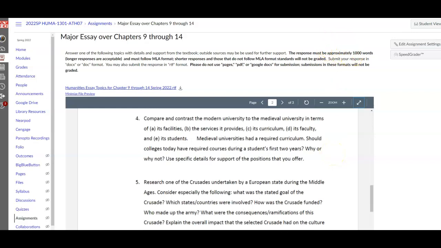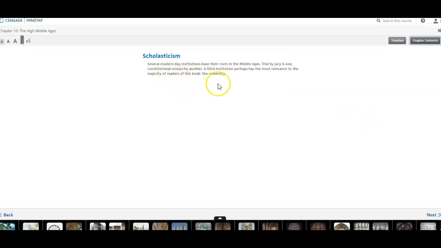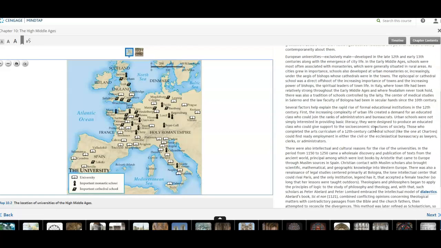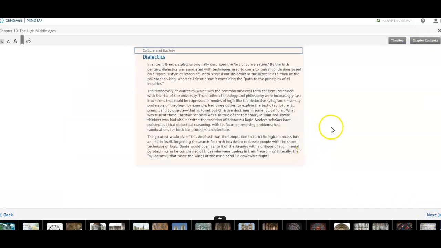The next one asks you, again, in chapter 10, to talk about the university system that develops and compare it to the modern college university system. When you go into chapter 10 and look at the rise of scholasticism and the rise of this one, modern-day institutes have their roots in the Middle Ages, is how it starts off. We go back to that one. Well, here we have about the rise of universities, what they were like, where they came from, how they developed, the intellectual aspects to it, and then when you move further in the chapter, talk about why it's called dialectics,